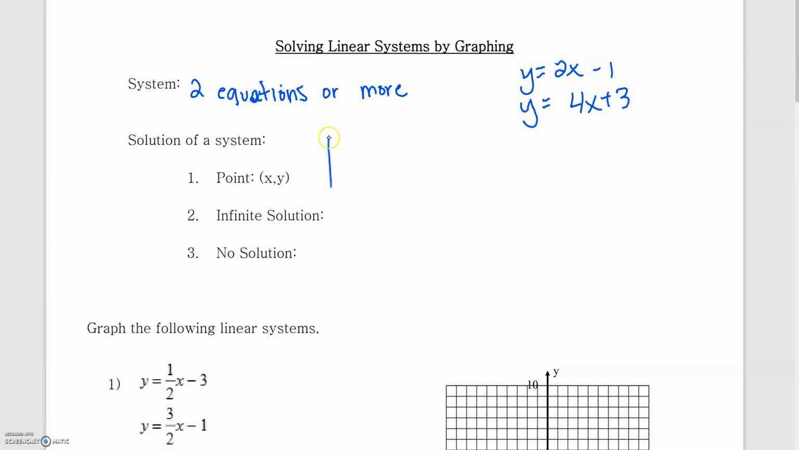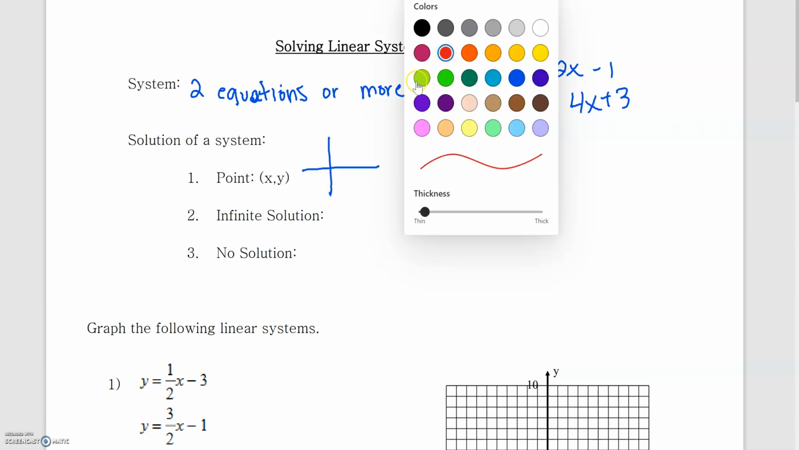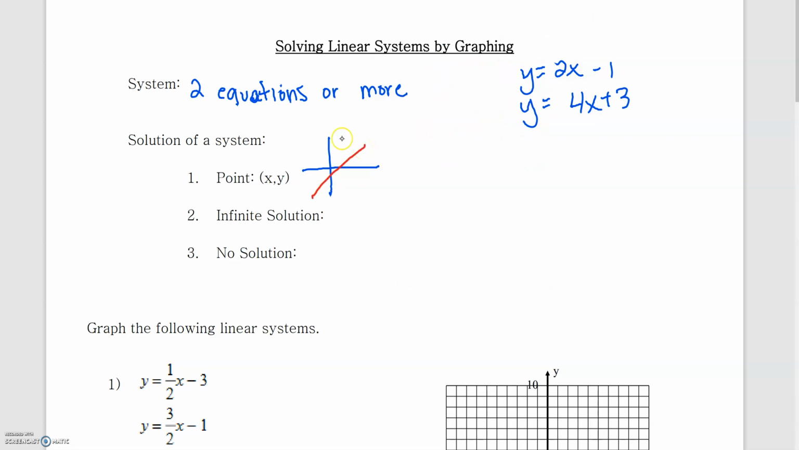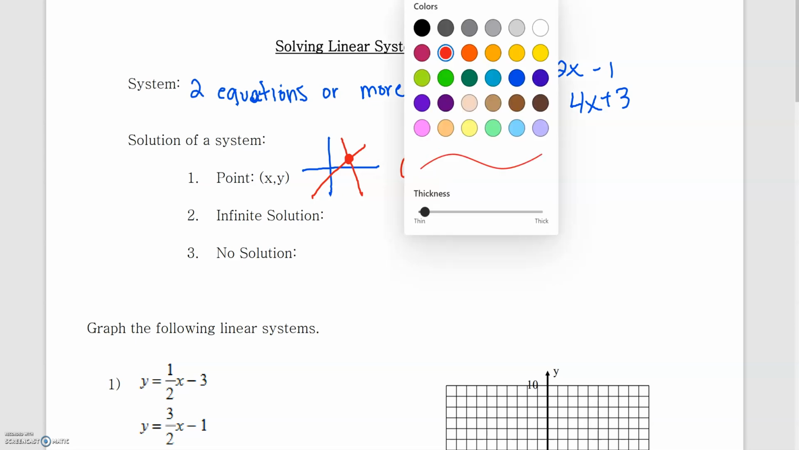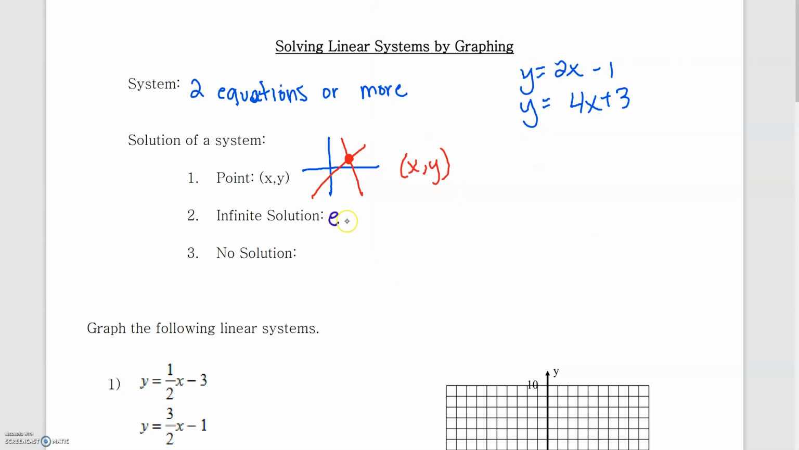So for example, if we had two lines that would be touching, this point right here with our x and our y at this point would be the solution. Infinite, infinitely many, sometimes, as we've heard before, is exactly